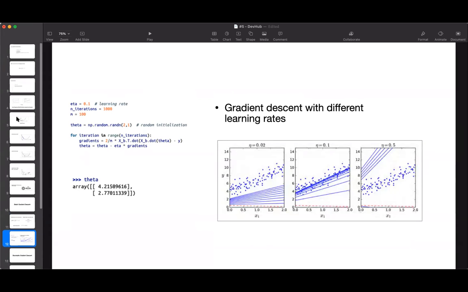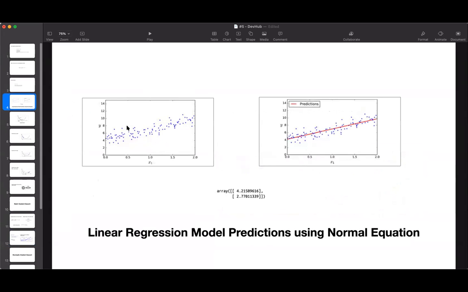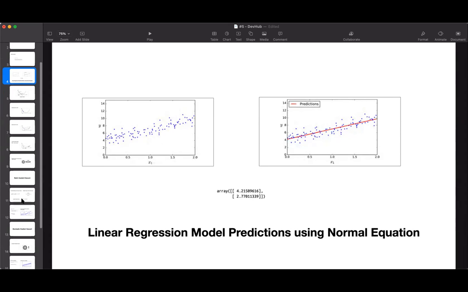Now I'd like to take a reference from the initial thing which I showed you. This was based on the normal equation, and this was asked to fit 4x plus 3 plus some constant. This was the equation. So using the normal equations, we found some parameters. The parameters were 4.21 something and 2.77 something, whereas the thing we actually used was 4x plus 3. So for the ideal situation, it would have come 4 and 3. But using normal equations, we are reaching quite close, which is 4.21 something and 2.77. So it is quite close, but still not the best.